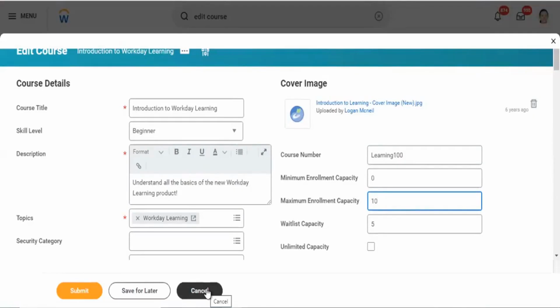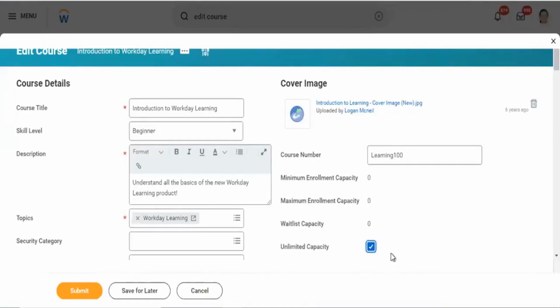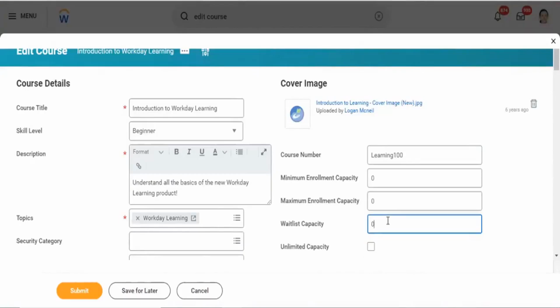Whenever we create a course and whenever we try to enroll, this will be the kind of criteria for us under maximum capacity and maximum waitlist capacity. If you don't want to go with 5 and you want to have unlimited capacity, you can keep that as well. But if you have any specific number that you want to specify, you can give.